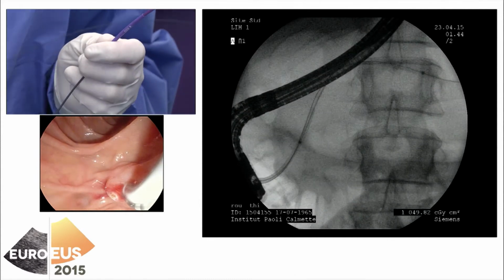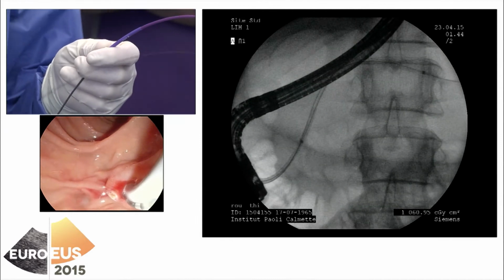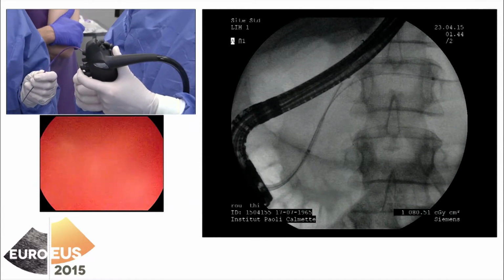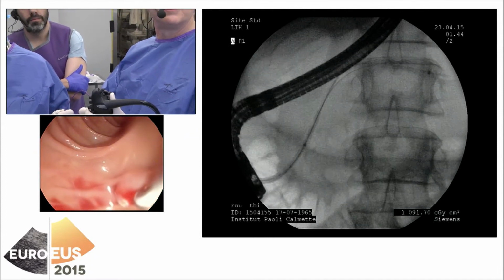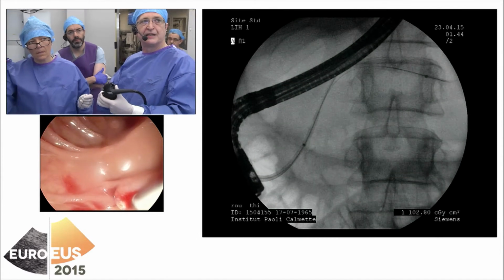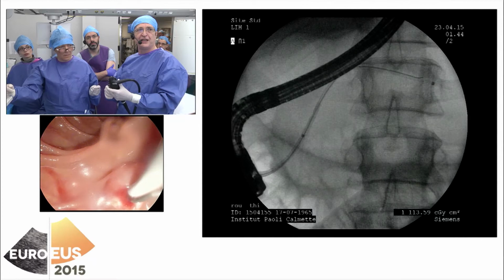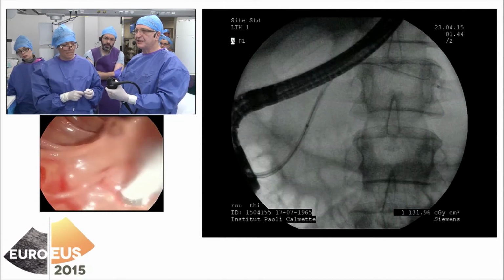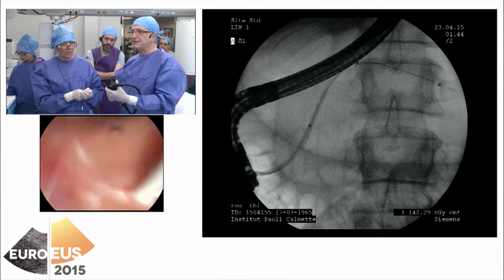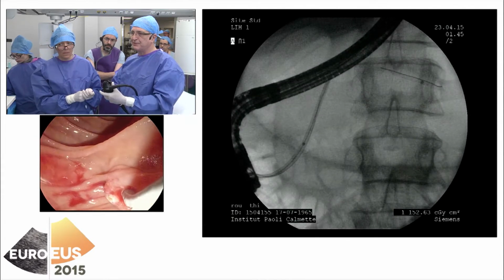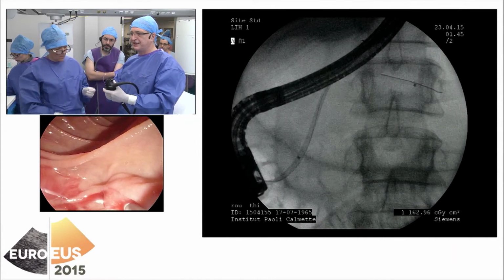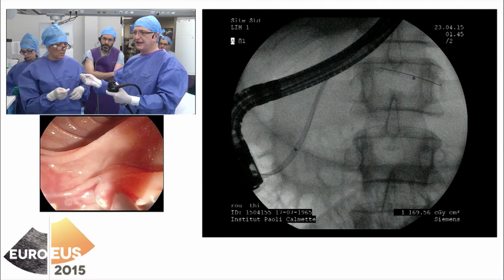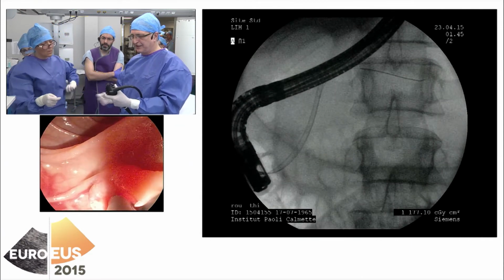At this stage, if you can focus on the fluoroscopic image, tell me if you have it. Okay, you see that I'm pulling back the guide wire very gently. The guide wire is coming back up to the black marker, and there the guide wire is now free alongside my catheter. So I'm now pushing the stent. This is the proximal flap. I clean a little bit to give you a better picture. So we are in a good position. I open my elevator and Sonia is removing the inner catheter. Okay, perfect. Then I remove the pusher tube and I have my guide wire which is ready for the